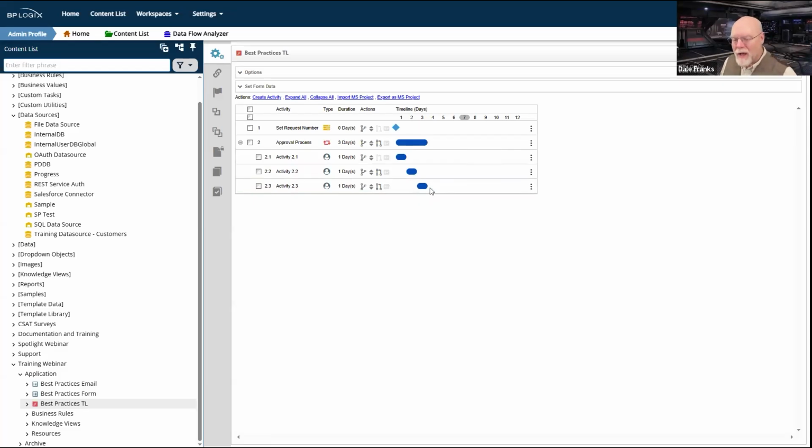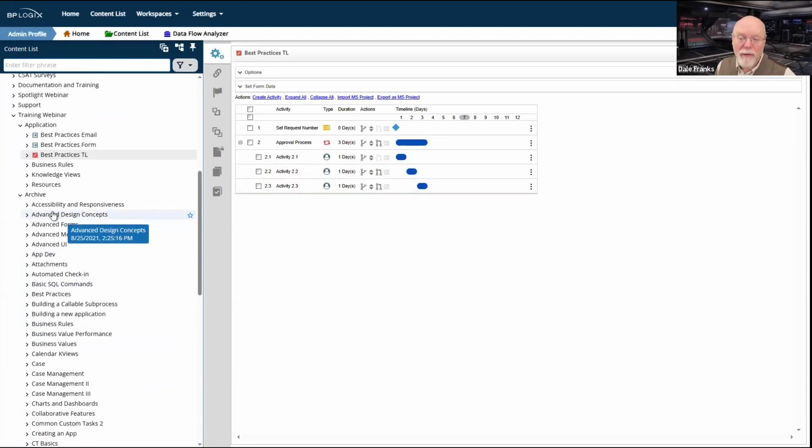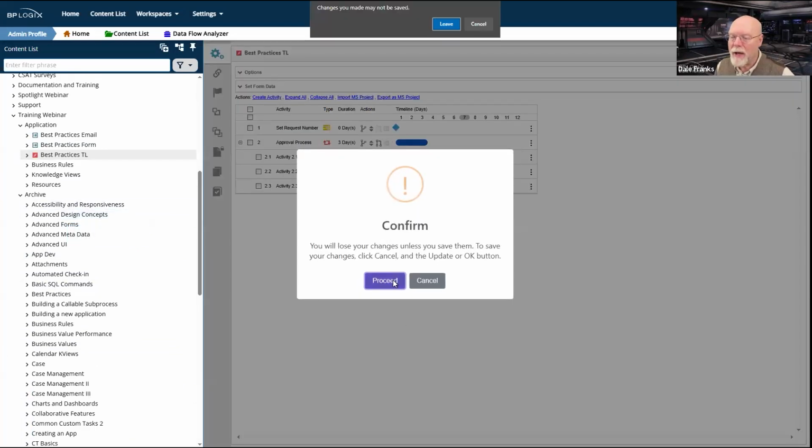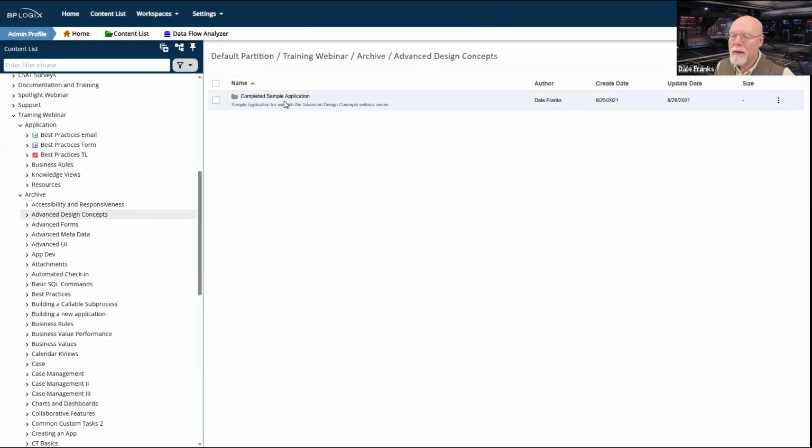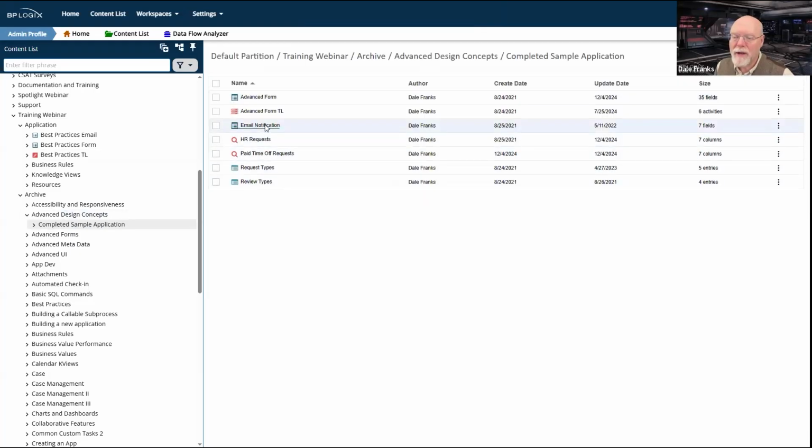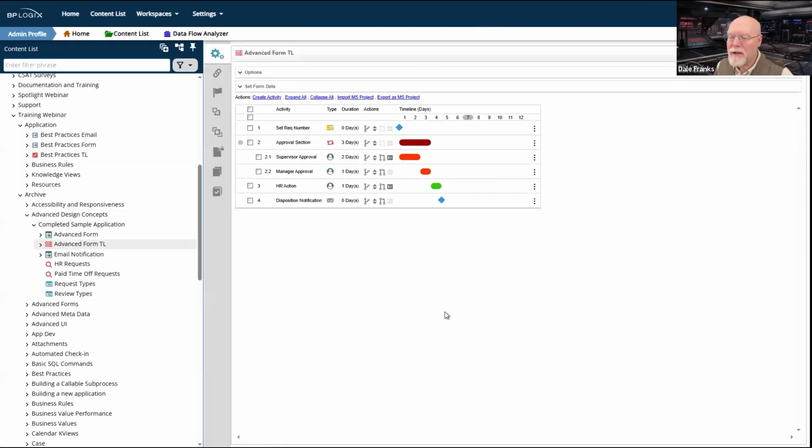In fact, let's take a look at a timeline where I've already implemented all of these. We looked at the form previously. Let's look at what a finished version of such a timeline looks like, so we can see how it's configured. If we open up this timeline, I've got my approval section, which is a loop.